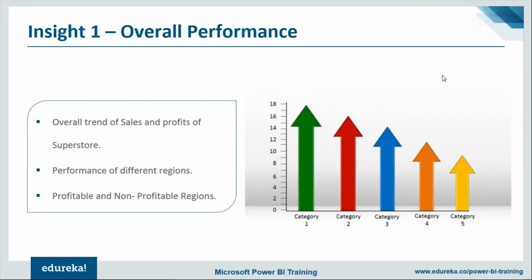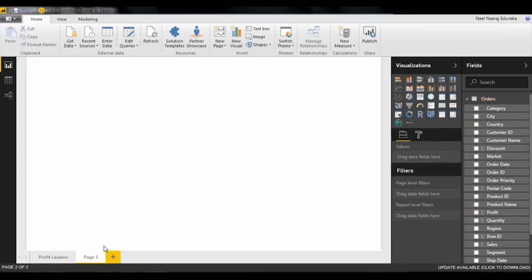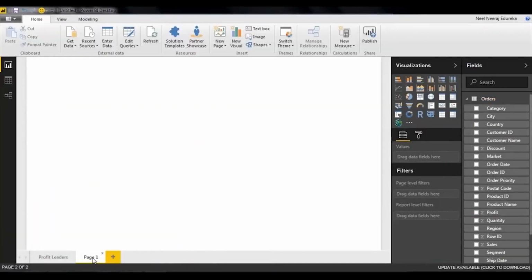Now the first thing we need to identify is the overall trend with respect to our sales and profit, as well as get an insight with respect to the different regions and identify the regions which are profitable and non-profitable. So for this, let me go back to our Power BI and let's begin by creating our first insight. So let me begin by creating a new page for this report. Click on this plus option here to create a new page. Okay, and let me call it overall performance. So double click